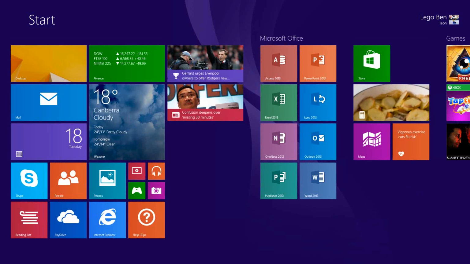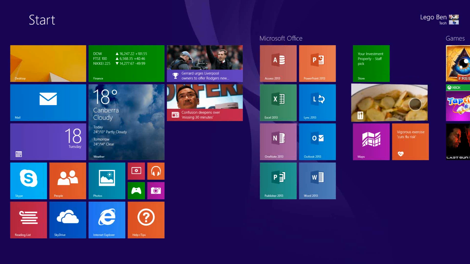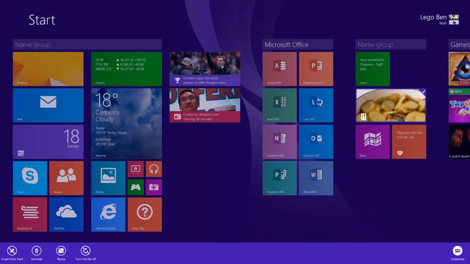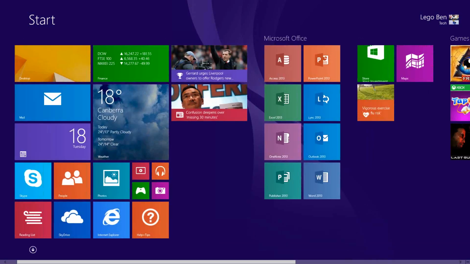You can also remove it from this start screen here. So let's say this food one. Again, I'm going to hold, and I'm going to click here in the bottom left-hand corner, down here with the mouse, where the mouse is: unpin from start, and you can see it's gone. Now, where has that gone? If you're using a mouse, you'll see this little arrow in the bottom left-hand corner show up. If you click that arrow,